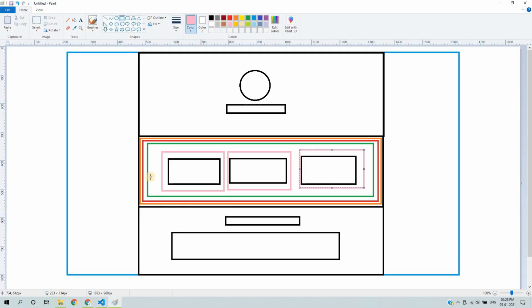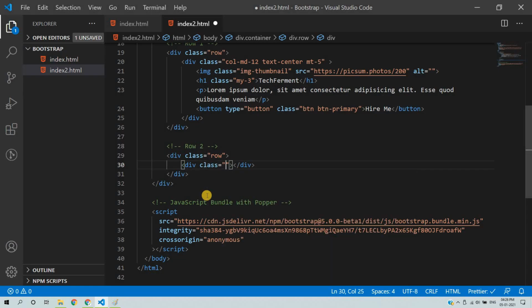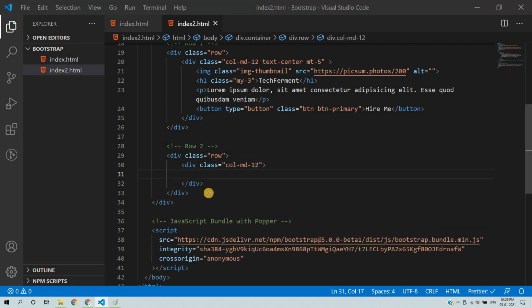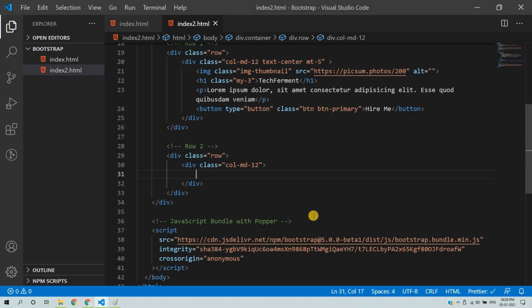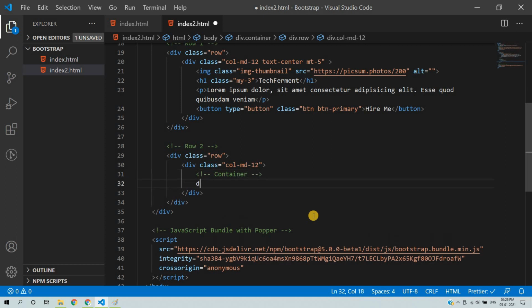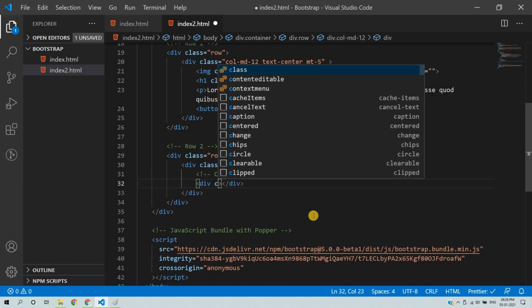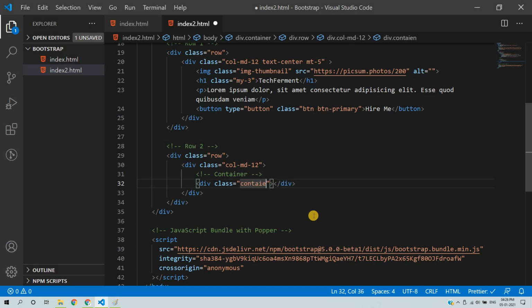Right now, the first orange color is a column of one value, a single column. So we'll use 12, and inside this single column we can create a container. So we'll add a div element and then class container as a layout,